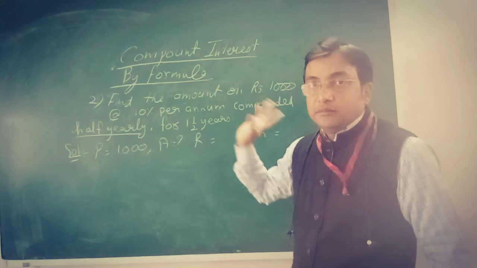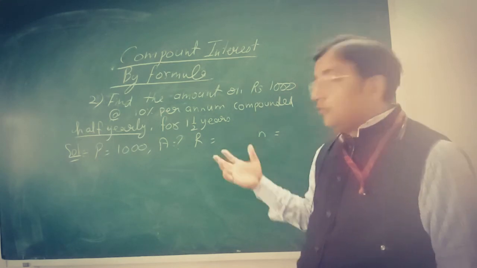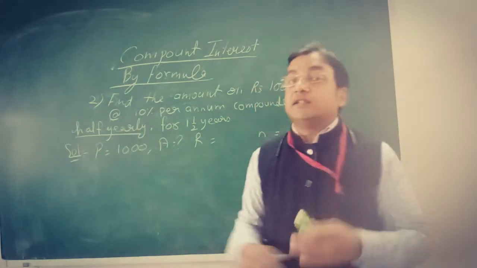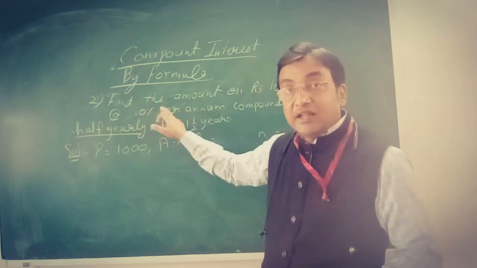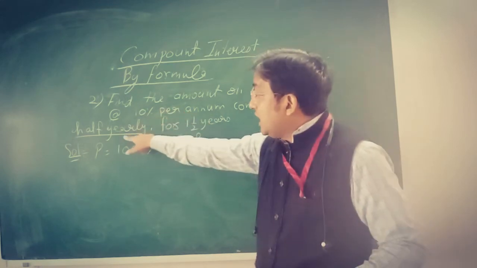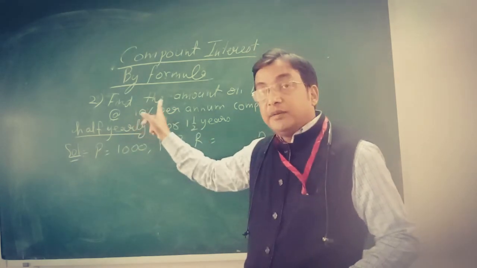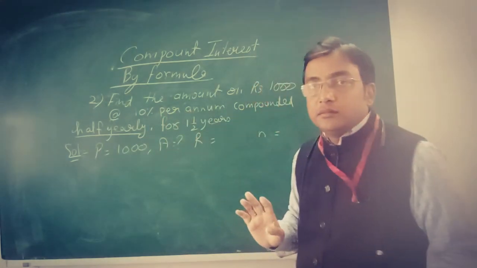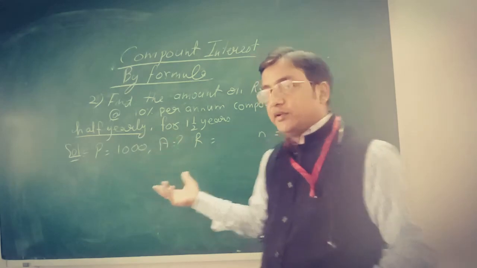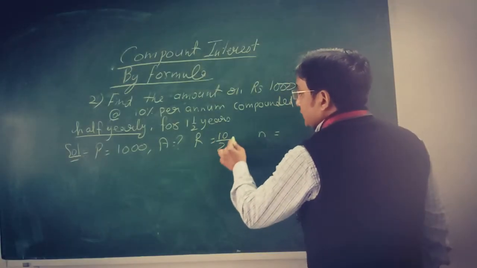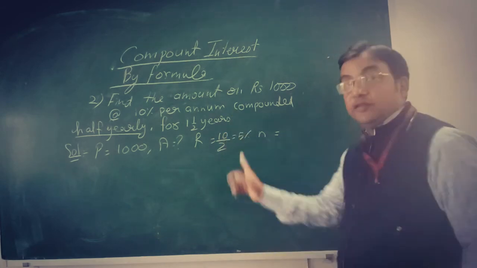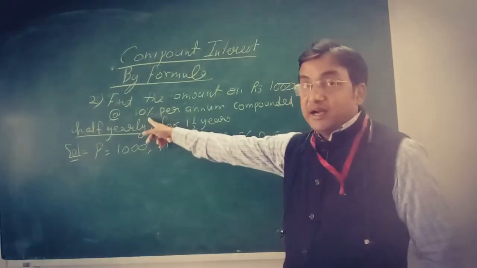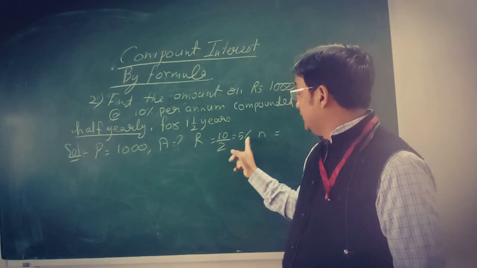R is 10% per annum. But will it be the same? Who will tell you this? These two words only. Half yearly. Half yearly means आधे साल में. So this has to be according to half yearly. है ना? अगर half yearly बोला है तो ये percent भी half yearly के हिसाब से होना चाहिए. If you are getting 10% per annum, how much will you get half yearly? 5%. It will be 10 upon 2, that is 5%. This is the value of your R. Okay, don't write this simply as R, because this is not R right now. The 5% is the value of this. So you will put this in the formula.